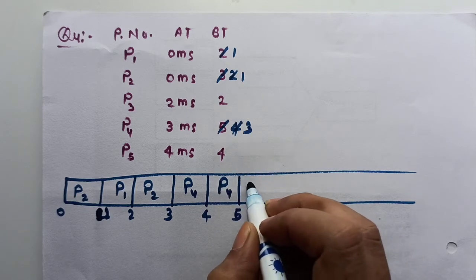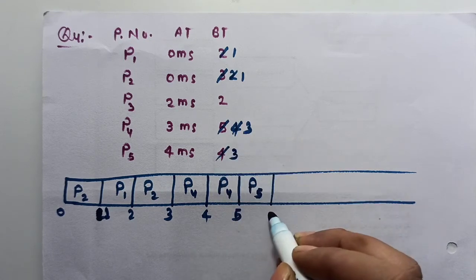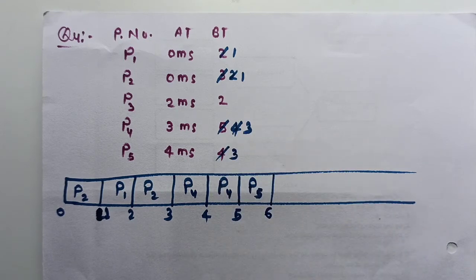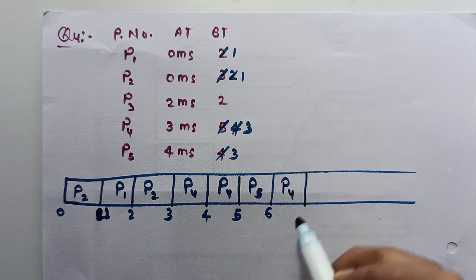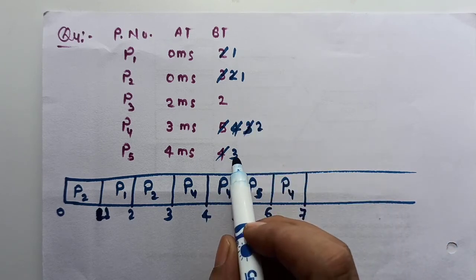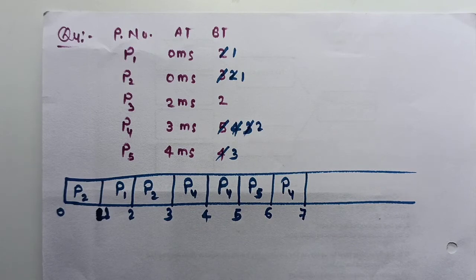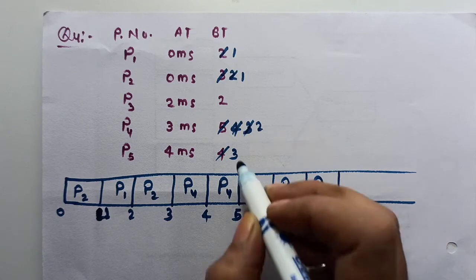Okay, so now process P5 will be allocated to the CPU. Now this process P5 will execute for how much time? For one time unit only, because after one unit execution, process P4 and P5 have a tie among them. So again, P4 arrived first, so we will schedule process P4 first. For how much time? One unit only, because after one unit execution, P5 again has the highest burst time. So process P5 will be allocated next for 1 unit.